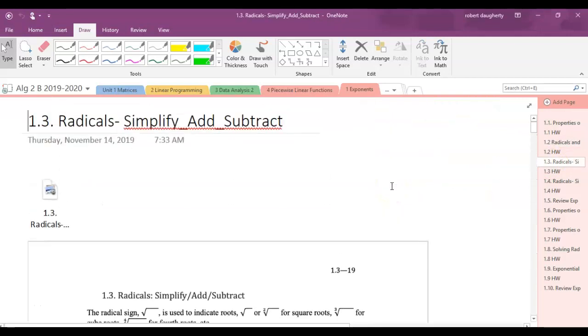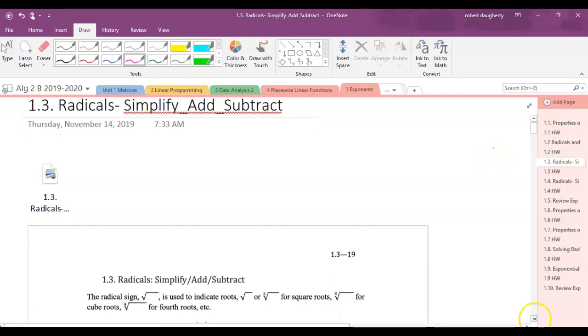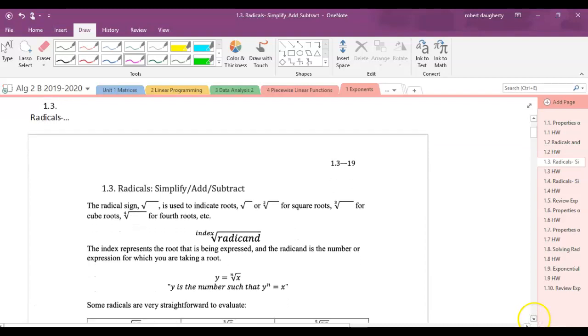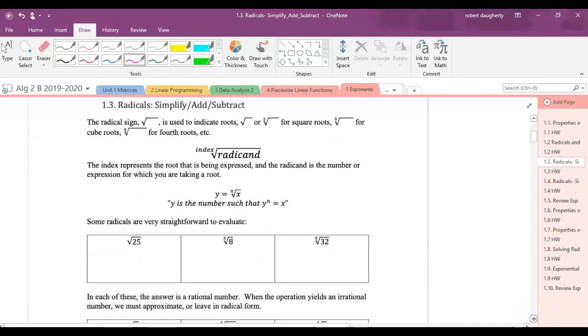Okay, lesson 1.3. Today we need to talk a little bit more, like we're going to be doing over several weeks here, with radicals and with exponents. Today we're going to have radical expressions and how do we simplify them when we need to add and subtract them, okay? So keep in mind the radical sign, what you see here, when you see it by itself, it